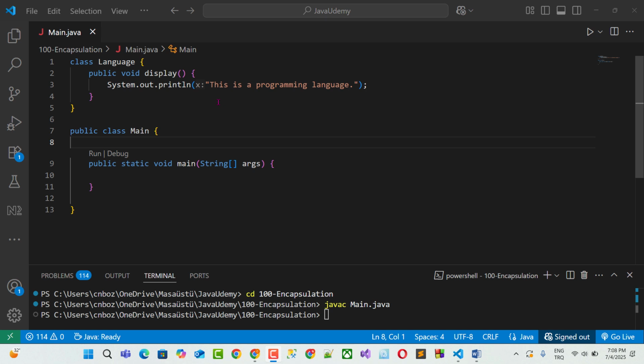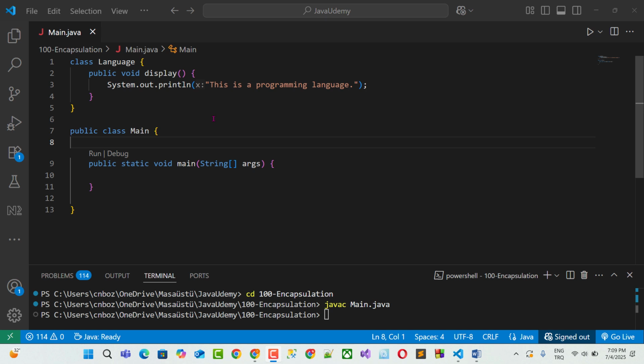So what's encapsulation in Java? Encapsulation is a key concept in object-oriented programming. It means binding data, variables, and methods that operate on the data into a single class. So we define all variables, all methods inside the class. So we use getter and setter functions to keep our data safe from outside and to make our class a